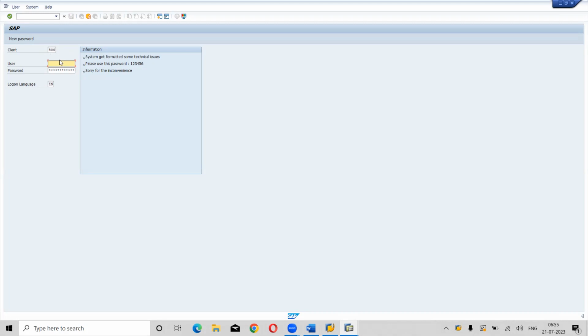Now if you install, the user ID would be SAP user, that's a standard SAP user, and the password would be 12345 or India@123. Clear? SAP user or India@123, or the password would be 123456. So anyone. Normally your basis consultant, after installation, will give you the user ID and password. Clear? We can't change that password here, and we can use that user ID only. But if you take a remote access,